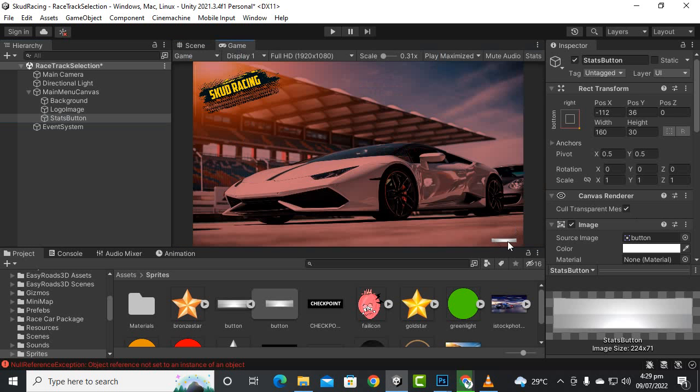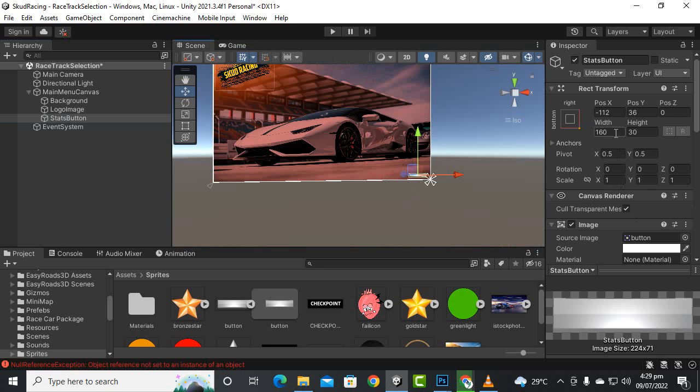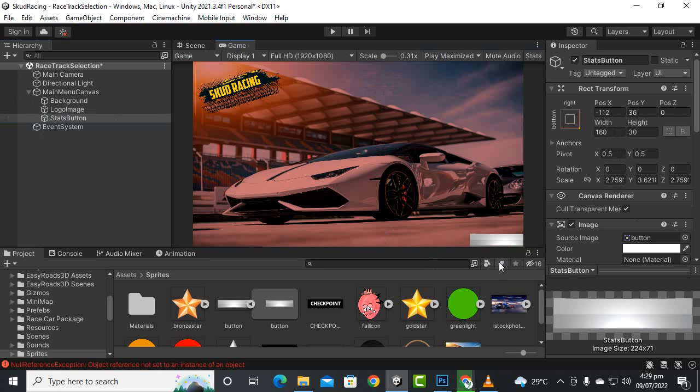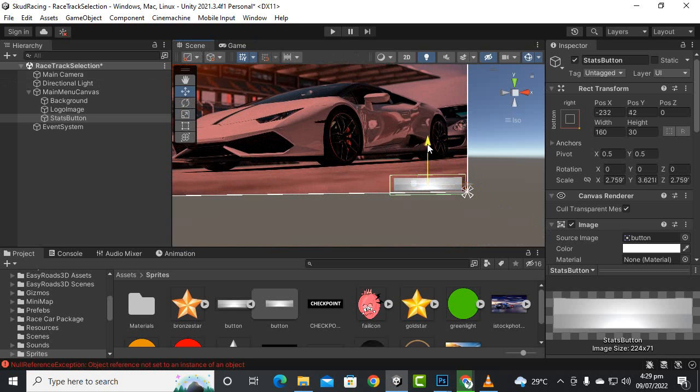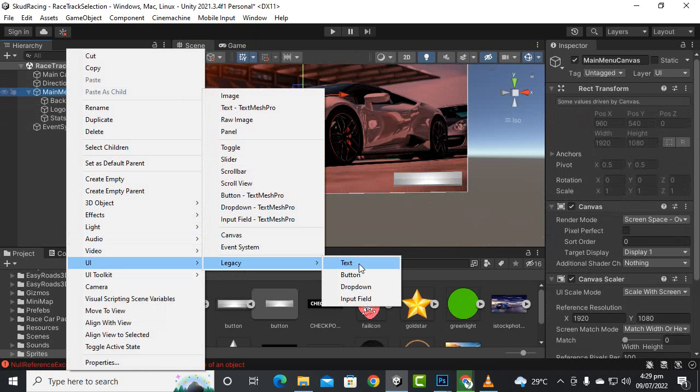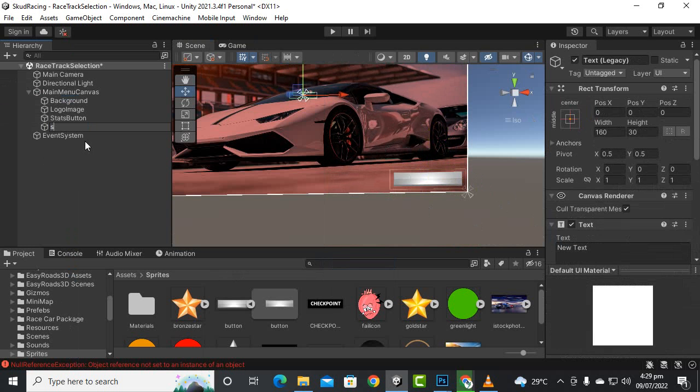So you can see the button is very small, so we will increase the size to something big, like this. Okay, this much button is good, so we'll just select it and add it here to the right bottom. And this is the Stats button, so we'll just click here, UI legacy text, and we will name it Stats button, and we will name this text Stats,